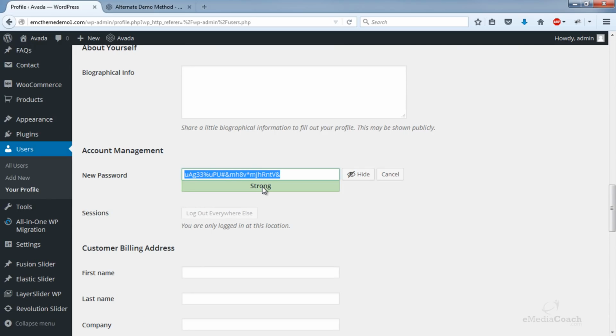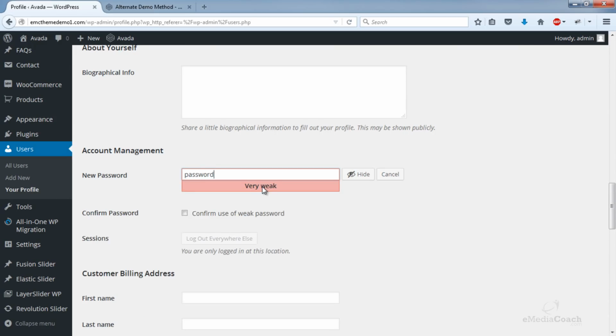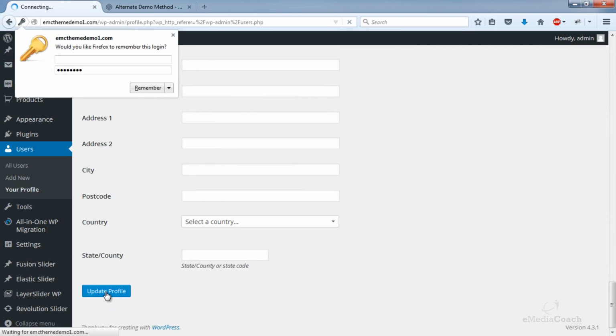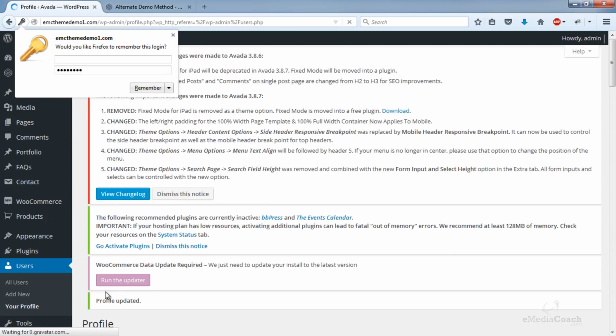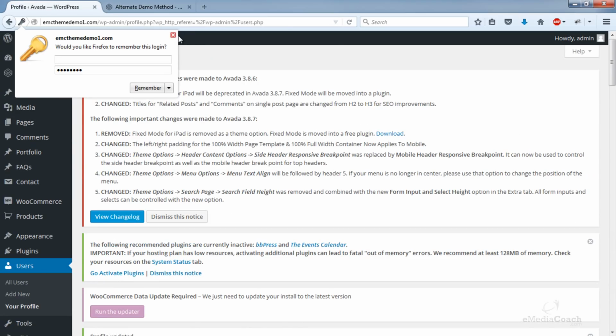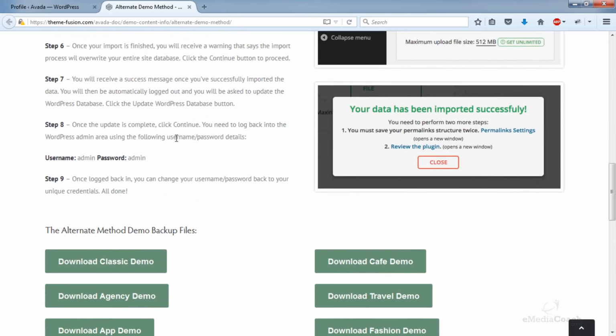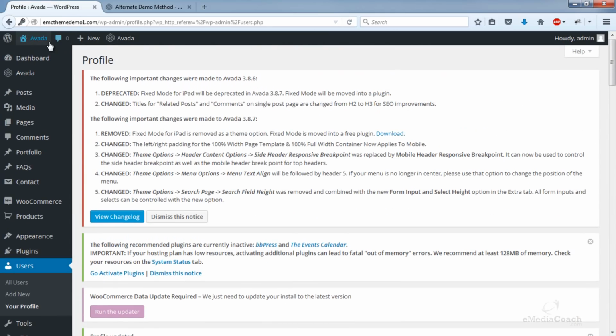Let's generate a new password. Cool. That's all we need to do to import the classic demo of Avada.